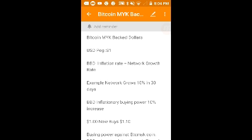Now, Bitcoin MYK does something we find a bit unique. It finds an interesting way to take elements of what you get in traditional investing, where it's a lot easier to gauge the value of a product. And we'll explain what that means. Whereas it may be true that